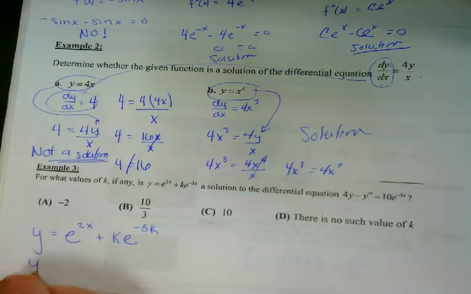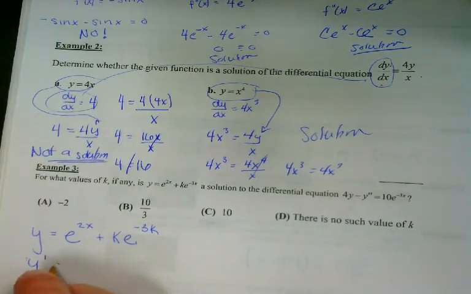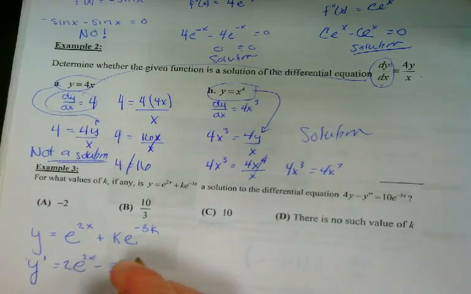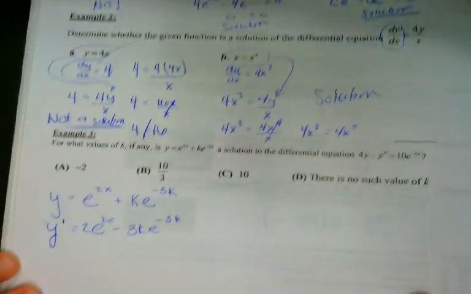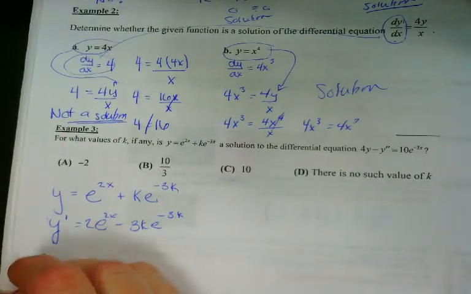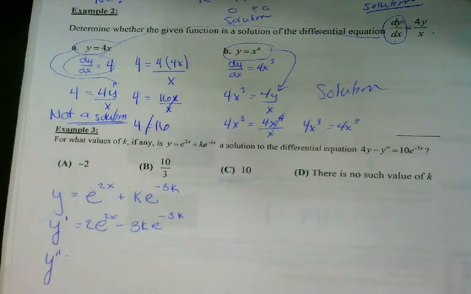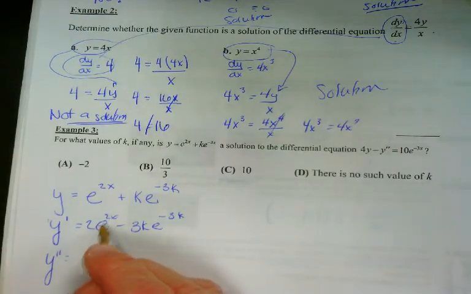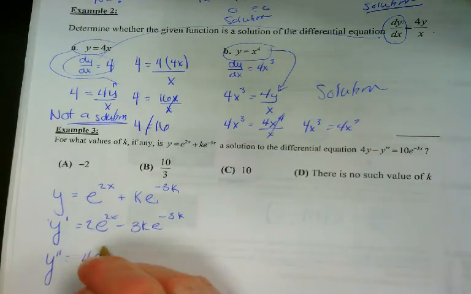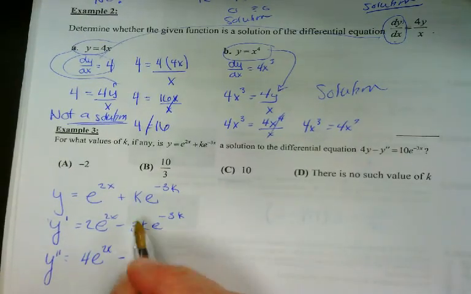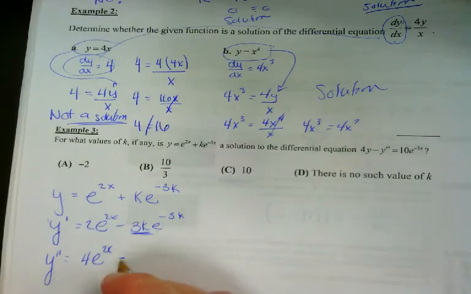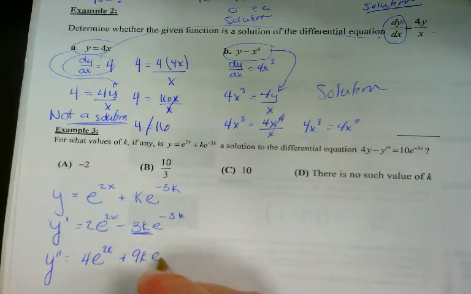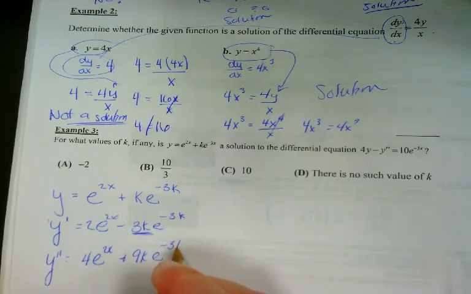Christian, what'd you get for the first derivative? 2e to the 2x minus 3k e to the negative 3x. That's beautiful. Again, k is a constant. It just stays in front of the derivative as you go. That's perfect. So y double prime. So it would be e to the 2x times 2. So that'd be 4e to the 2x minus 3k is the constant that stays in front. e to the negative 3x times negative 3. So plus 9k e to the negative 3